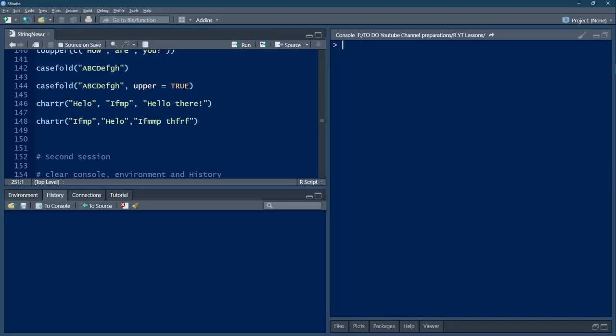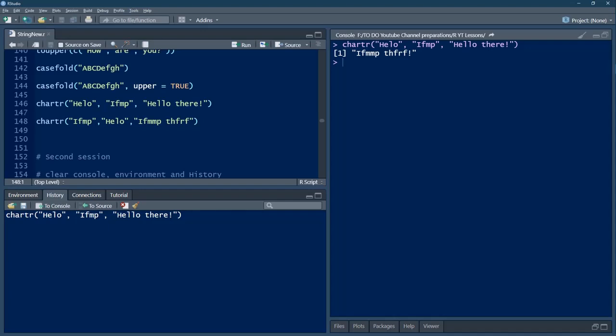In this session, we will continue from where we left off in the last video, that is chartr, character translation. In character translation, we have got a queue, that is hello and IFMMP, and with this queue, "hello there!" has to be translated. We found this translation produces IFMMP, TH, FRF and exclamation.